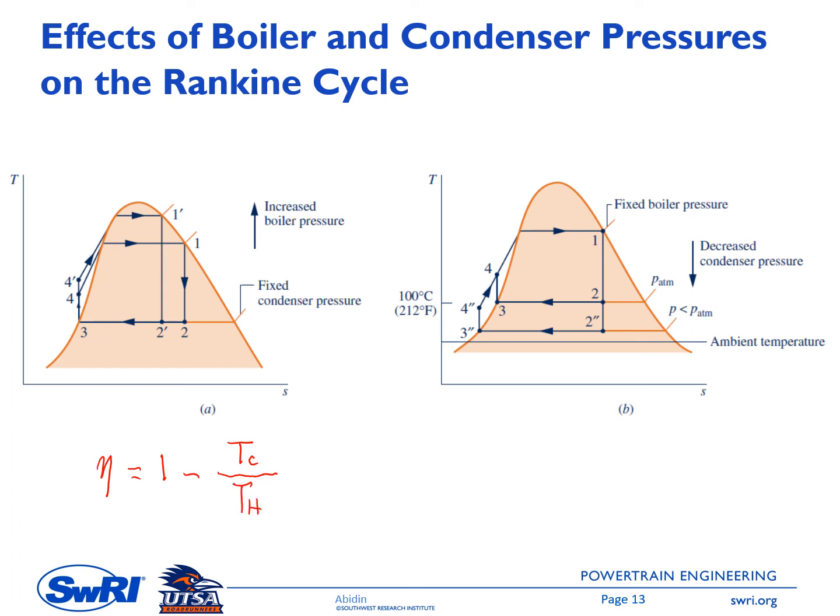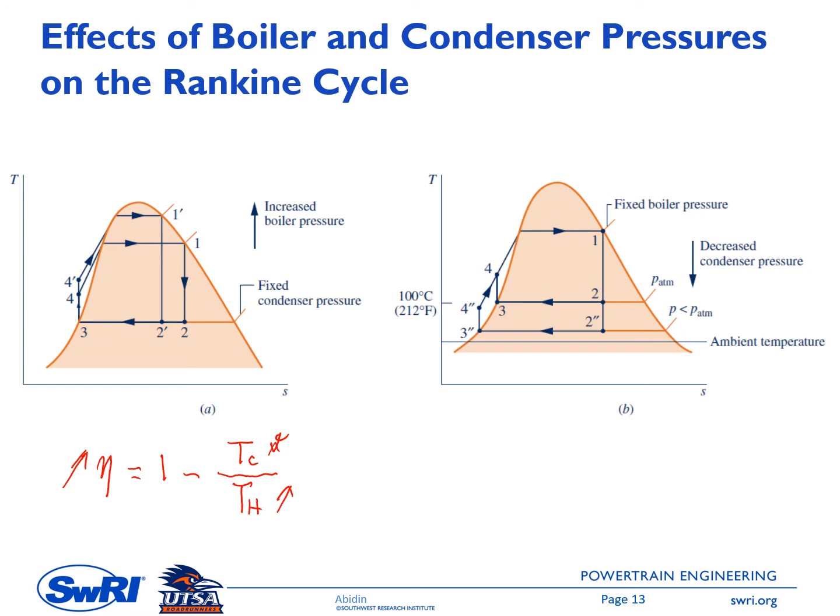So when we increase the boiler pressure, Th increases from the average between 4 and 1 to the average between 4 prime and 1 prime. Tc stays the same, and then Th increases, so the system efficiency increases as